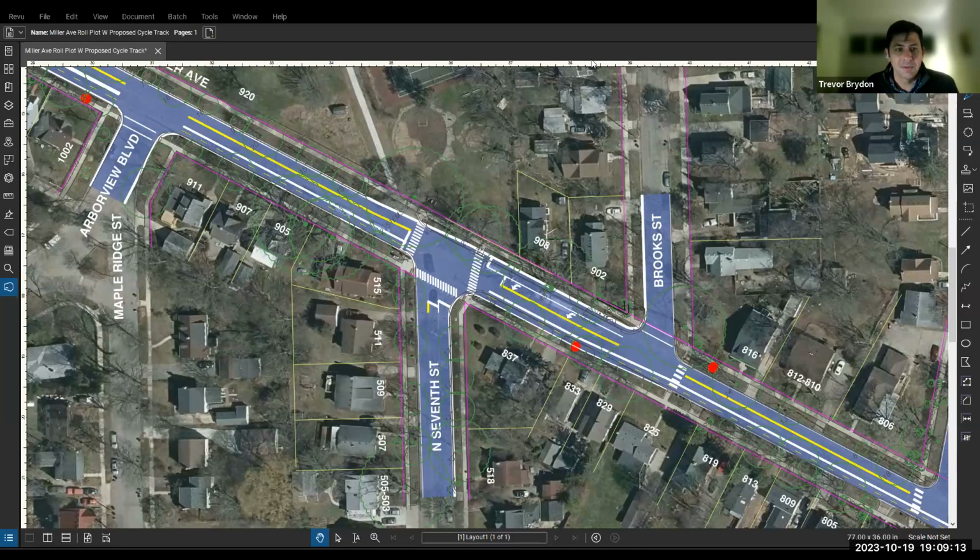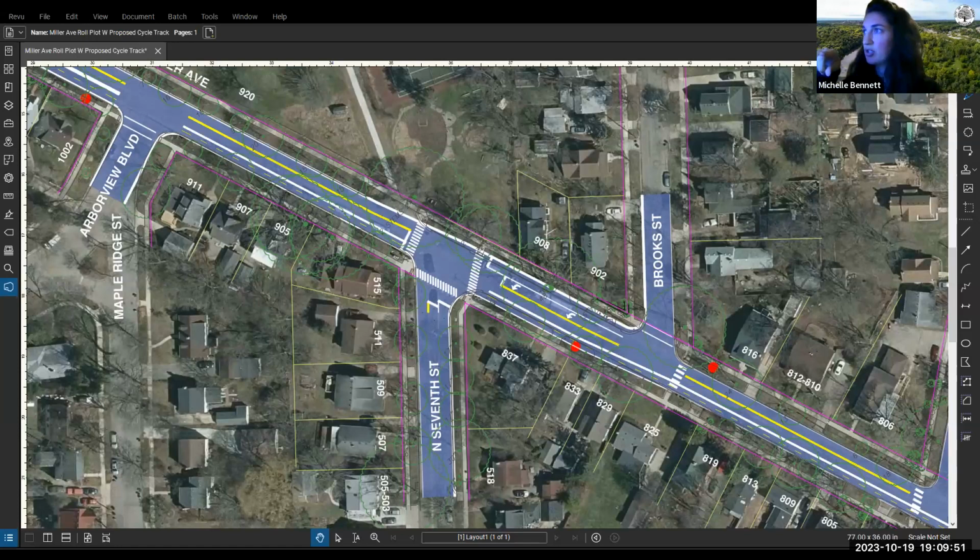We have the all ages and abilities high comfort bike network envisioned for many places around the city, not just one in each direction. And so Huron would be something that would be looked at as a good connection potentially for a higher comfort facility if we had more latitude to design it the way that we wanted and implement our plans the way that we would desire. However, it probably would be an additional facility on top of Miller Avenue instead of an either or.